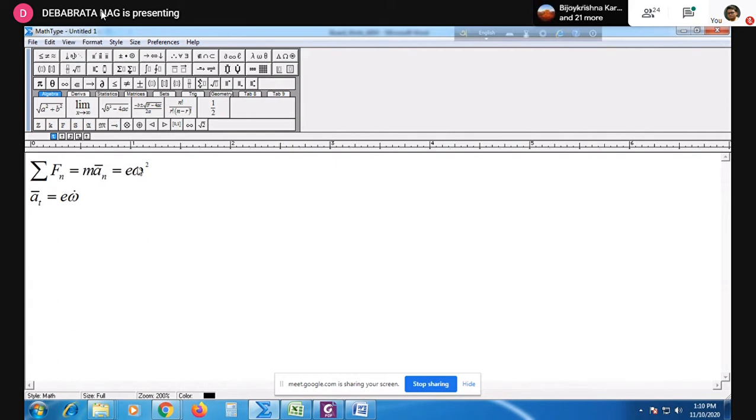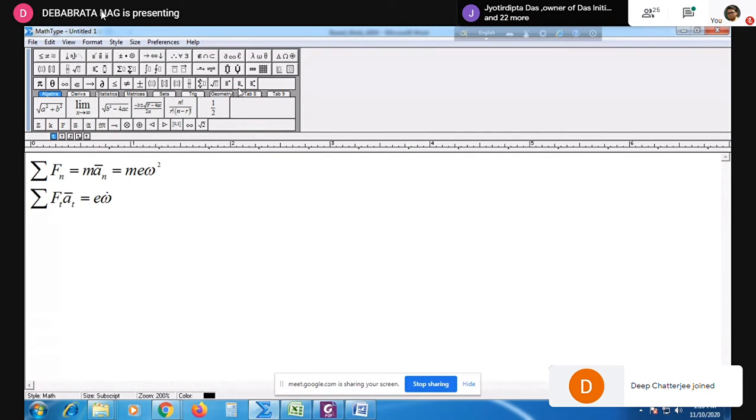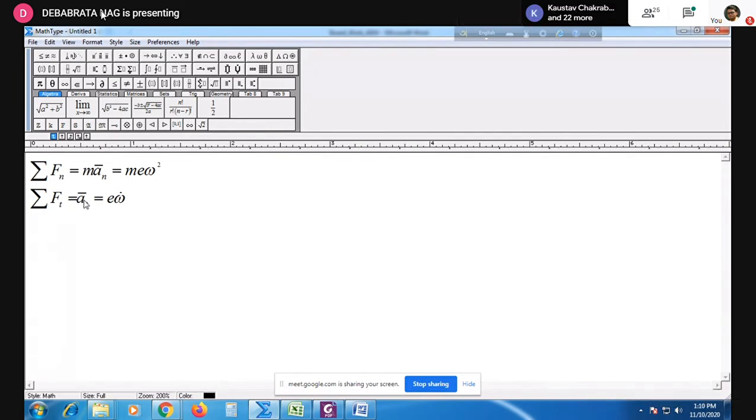So just multiply an m here, and then similarly write sigma Ft, sigma F with subscript t, t stands for tangential, so it becomes m a bar t, so it becomes m e